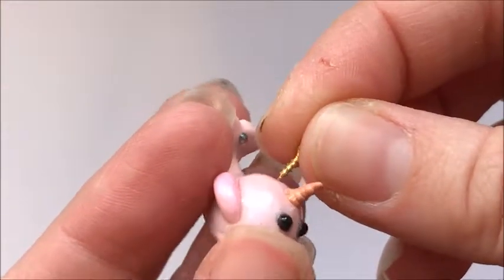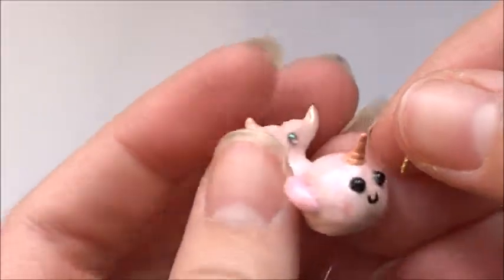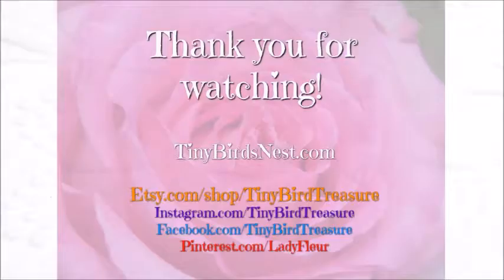And then again, if you wanted to make it a charm, you would have wanted to add the screw eye before you bake it. And then once it's baked, very carefully unscrew it, add some glue,